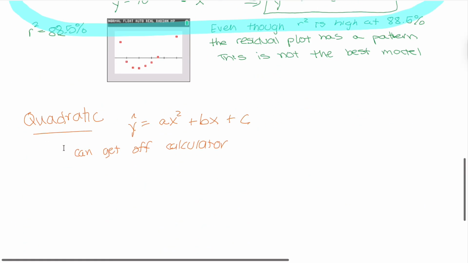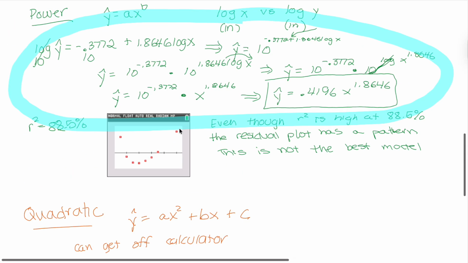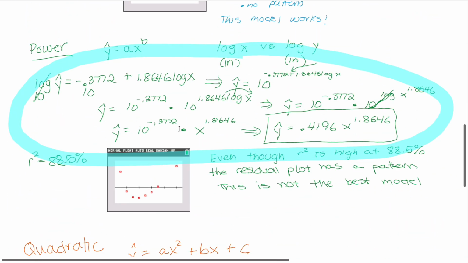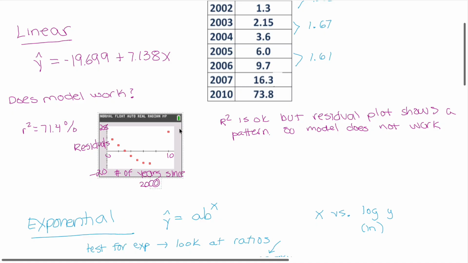Okay, so also there's a quadratic way. I mean, this is pretty rare. Maybe FRQs won't test you on that. It can be done off calculator. So I won't go deeper into it, but I'm just telling you it will also be a way that you're using a quadratic equation. But it's not a common case. So just remember exponential and power. That will give you a pretty good picture of